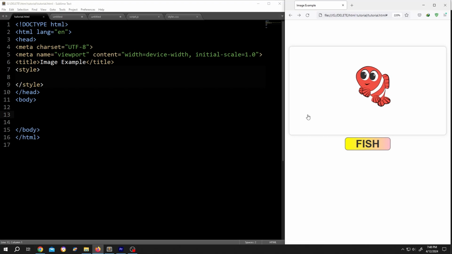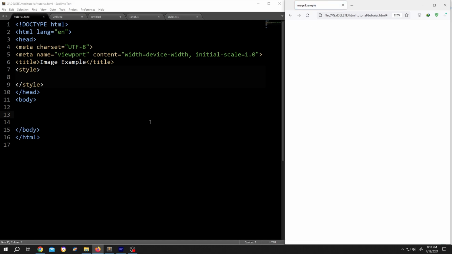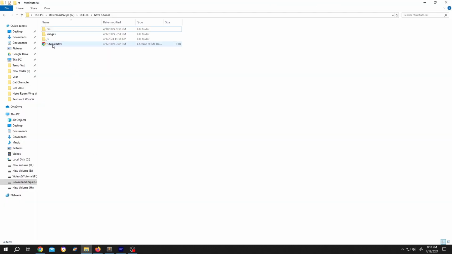So guys, how to add image in HTML? It's really simple. On the left side we have our basic code and on the right side we have our output. To add image, at first we need to go to the directory where we have our HTML file, and